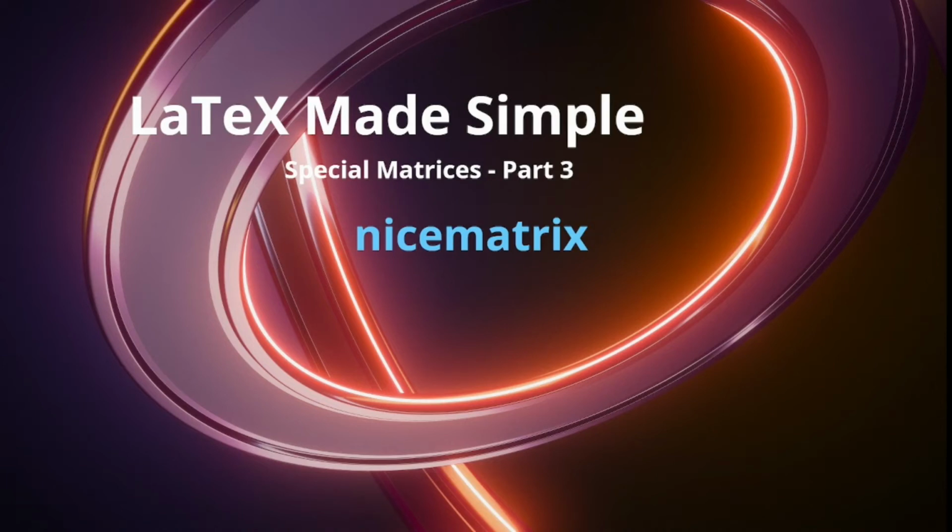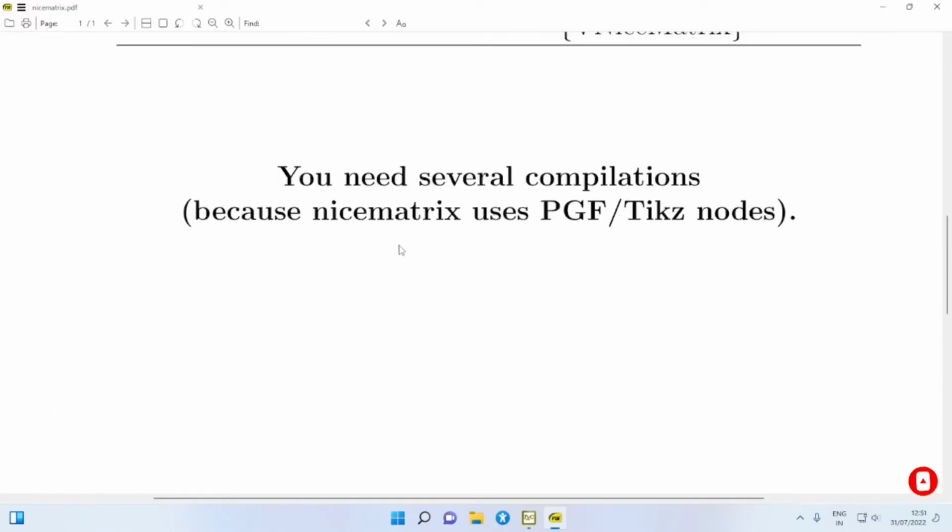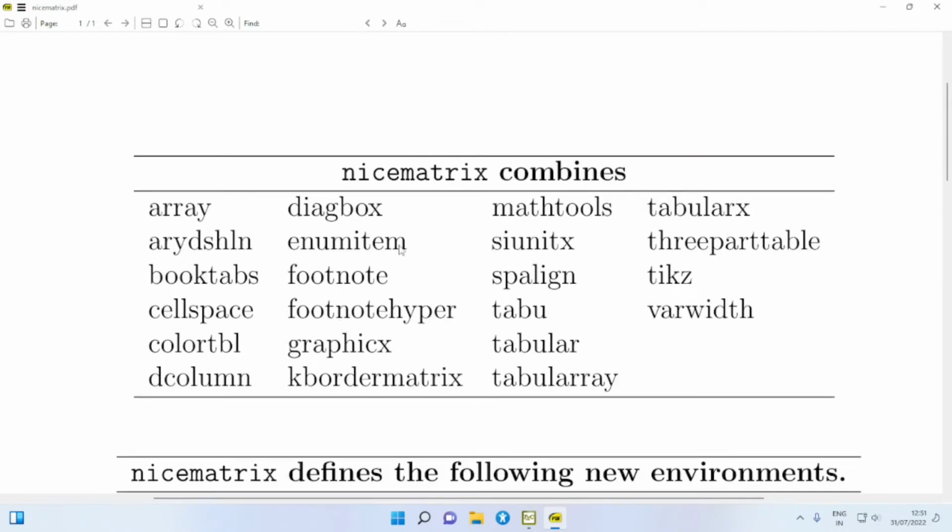In this particular video, I am going to demonstrate how to use nicematrix.sty in your LaTeX documents. I am using the packages nicematrix, booktabs, siunitx and tex. In the case of nicematrix.sty, it combines